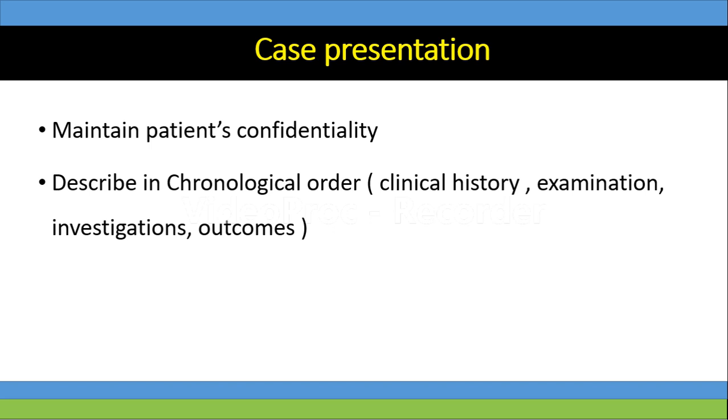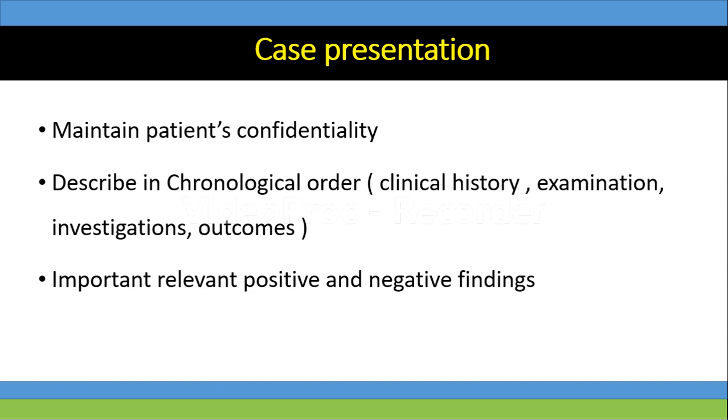But if the journal asks you to write all biochemical parameters in detail, then you have to follow that. And obviously then you have to comment on the outcomes of the disease or outcome of the intervention on the patient, and for example in rehab sciences you have also to comment on the functional outcomes. Then all these case reports or these unique patients, they always come with certain relevant positive and negative findings which make you diagnose these cases and which help you learn and teach others. So please highlight these relevant positive and negative findings.